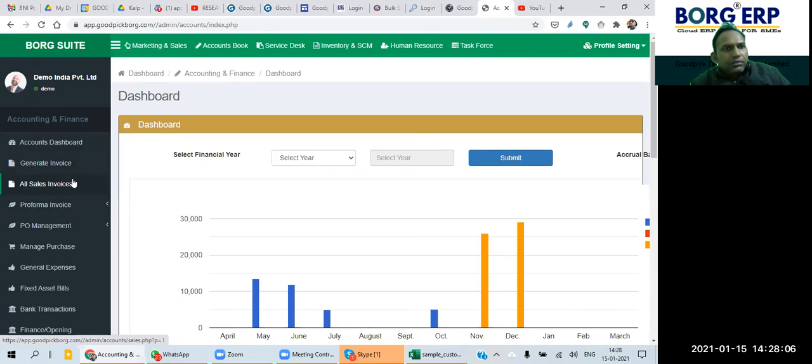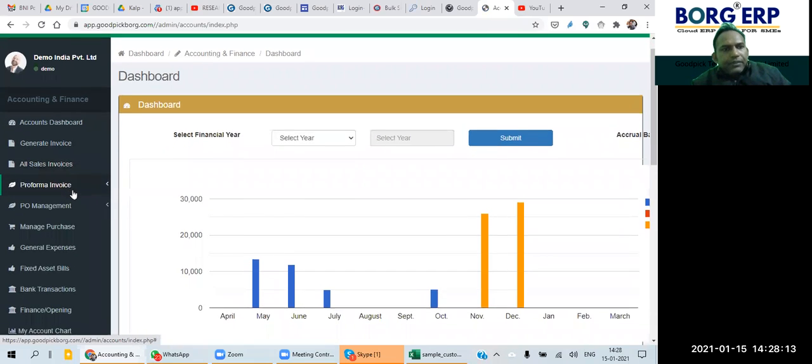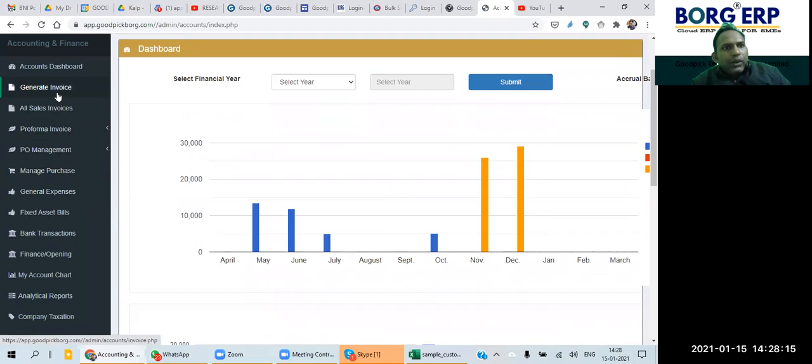In the sidebar menu, we have a number of things to do. One, we can generate an invoice, or if we are on another page, we can come back to the dashboard. If we click on account dashboard, then under all sales invoices you can find all the listed invoices.